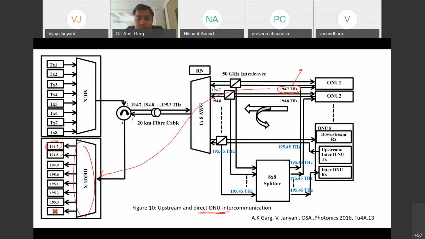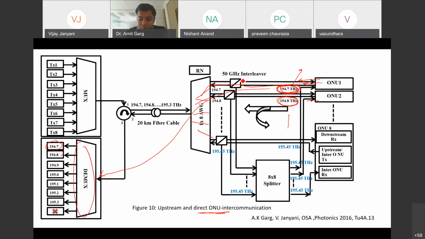For inter ONU, you will be using a different wavelength. So let us say this is 194.7, ONU 2 is 194.8, and so on. It will transmit this as usual. This AWG will combine these signals from the individual ONUs. ONU 1 is transmitting at this wavelength, ONU 2 is transmitting at 194.8 and so on.